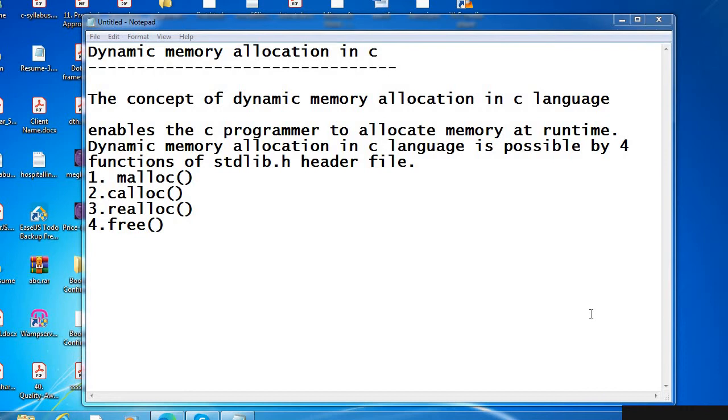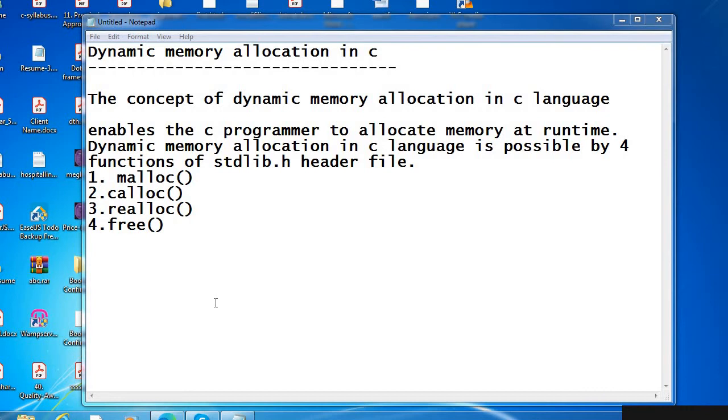But in dynamic memory allocation, we can increase the memory while executing the program. So these are the differences between the static memory allocation and dynamic memory allocation.